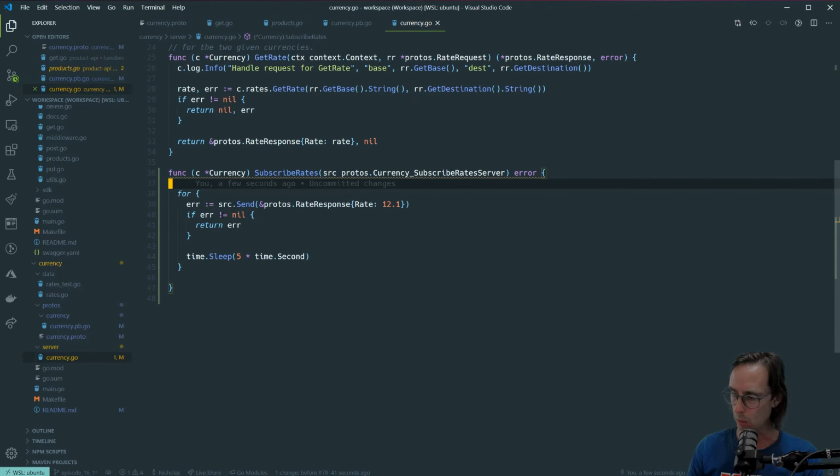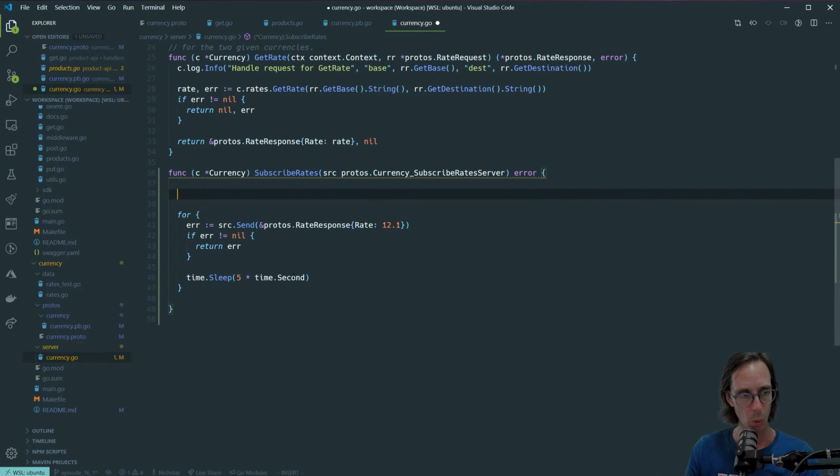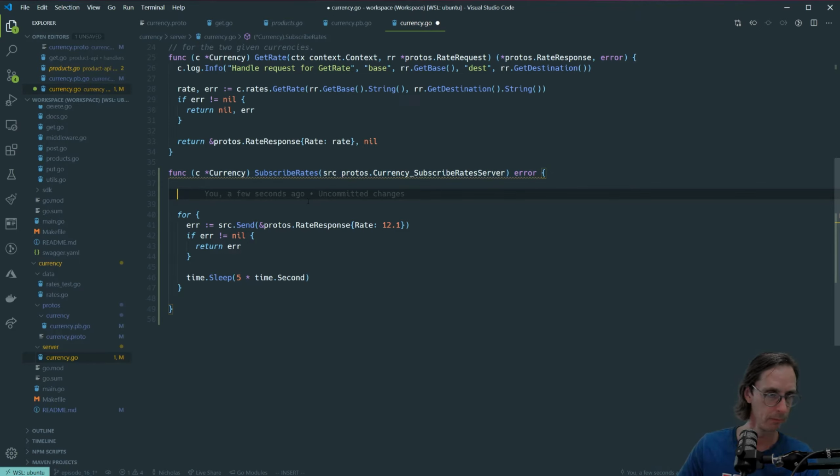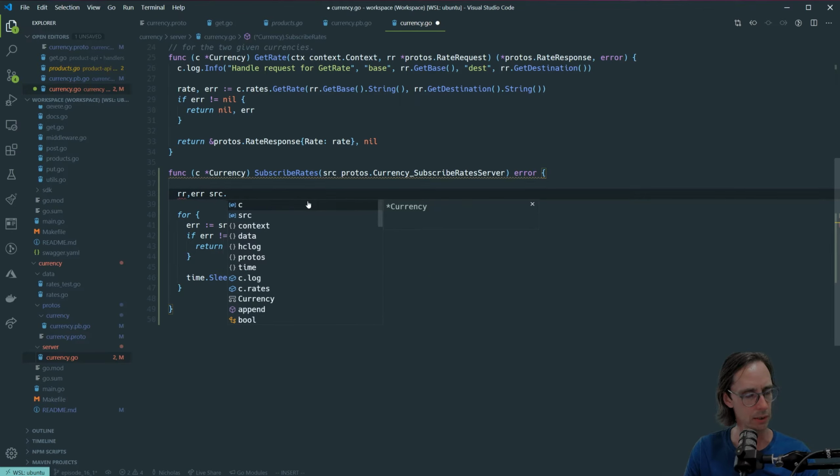Okay. So how about handling the request from the service? So we're showing how we can send, but what about the actual inbound request? How do we handle that? Well, again, we're going to use another method on this currency subscribe rate server. And we've got this receive method, and receive returns rate request and error. So rate request, error, it's going to be sc dot